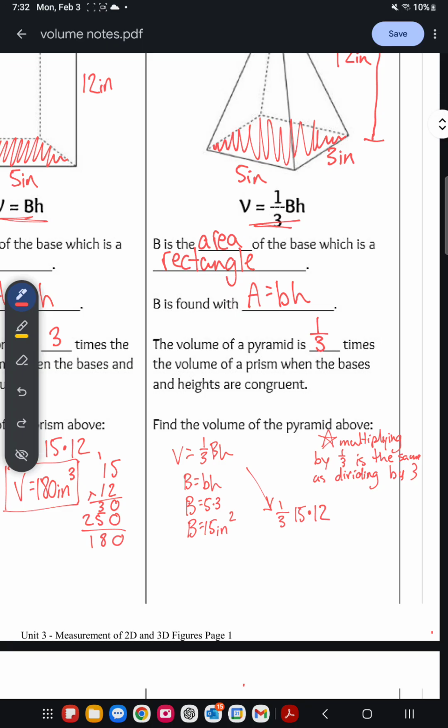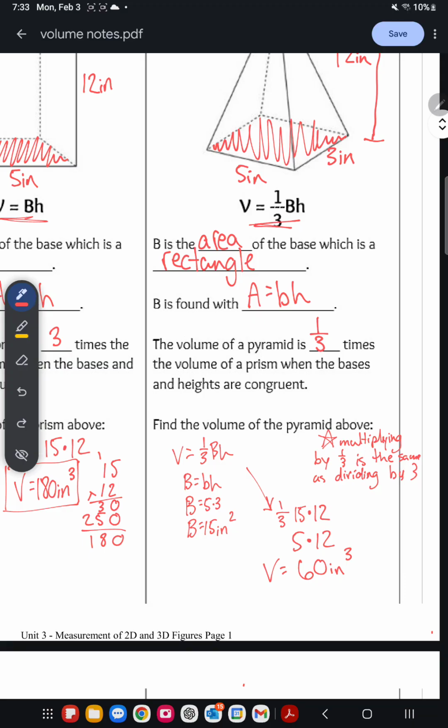Because I'm multiplying all of these, I can multiply them in whichever fashion I want. I can do 1/3 times 15, 1/3 times 12, and then multiply the product of those by the third term that I haven't used yet. However, I know 15 is divisible by 3, so I'm going to multiply those out first. 1/3 times 15, or 15 divided by 3, is 5, times 12. So volume is equal to 5 times 12, which is 60